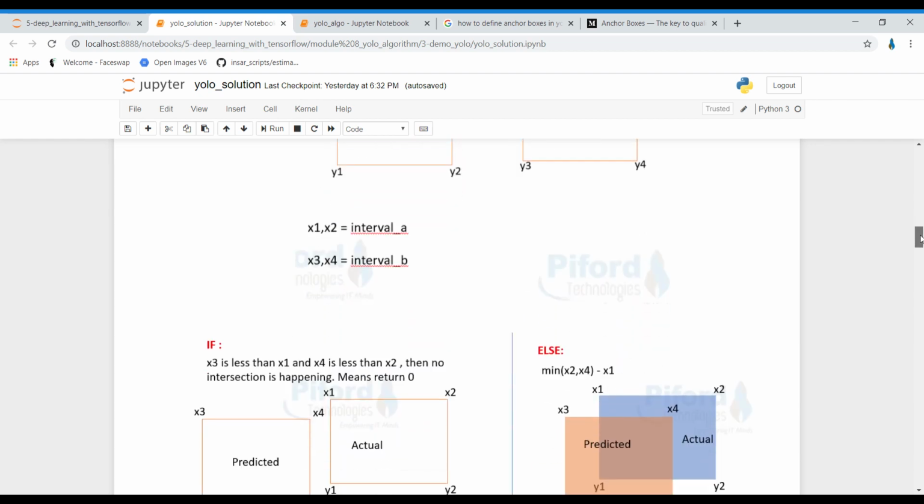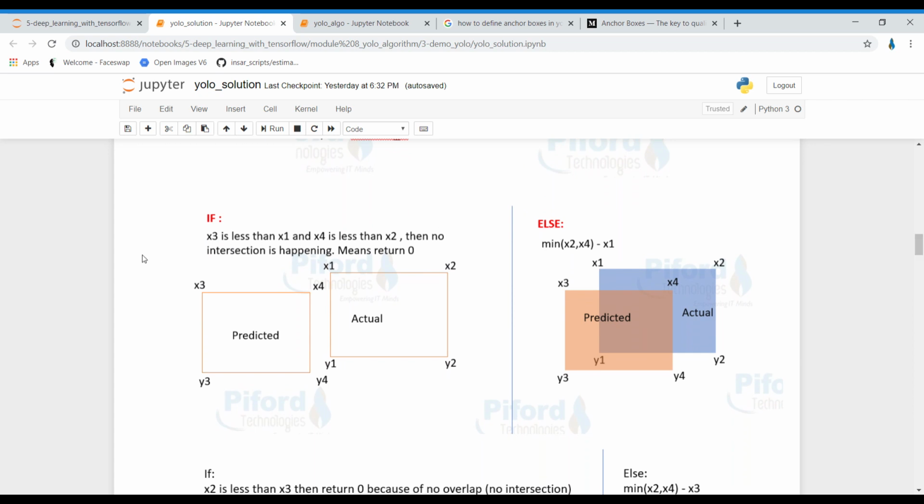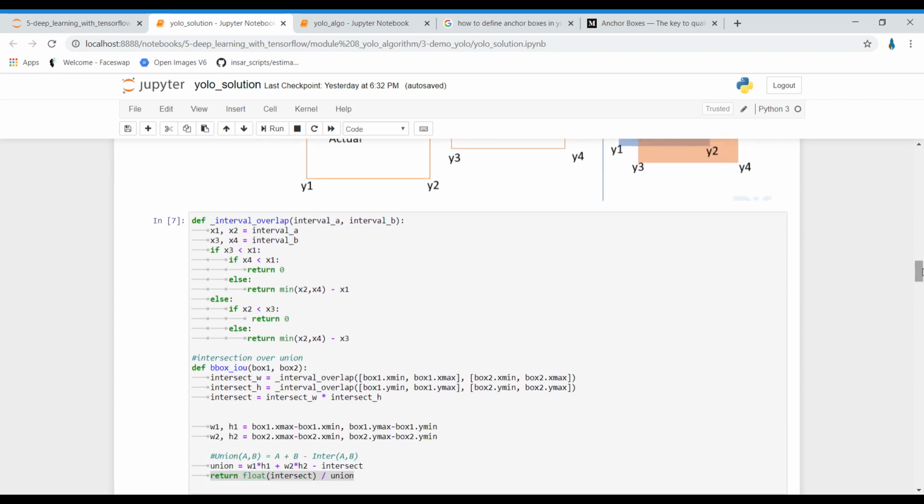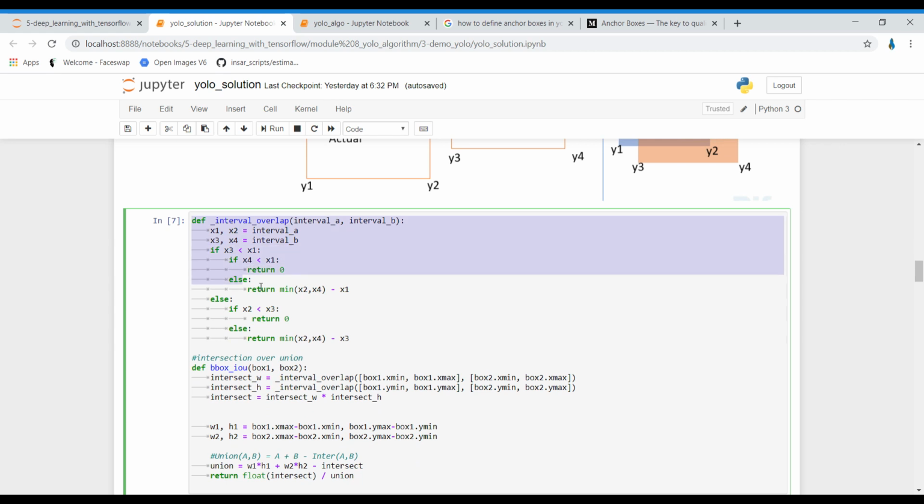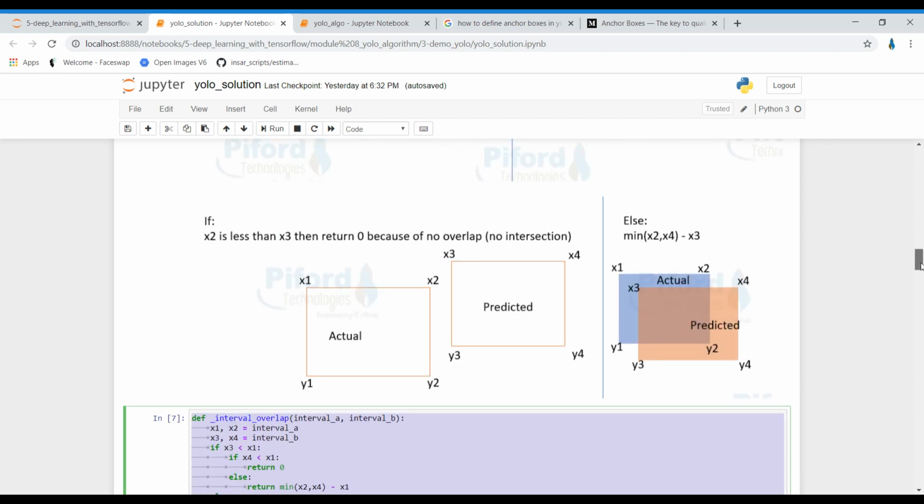Now our task is to find the intersection over union. Before going into the if condition, let me tell you what I'm trying to explain. I have created a function named interval overlap, and the code I have written is what I'm explaining here.